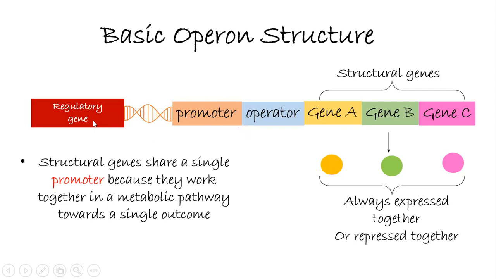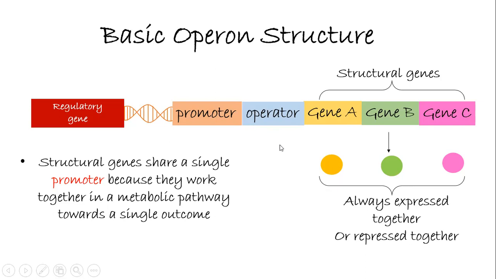The promoter of the operon is a sequence where RNA polymerase can bind and start the transcription of the structural genes downstream into functional mRNA, which is finally translated into functional proteins. In between the promoter and the structural genes, there is the operator sequence. We can consider the operator as a stop line for RNA polymerase, either allowing or preventing RNA polymerase from transcribing